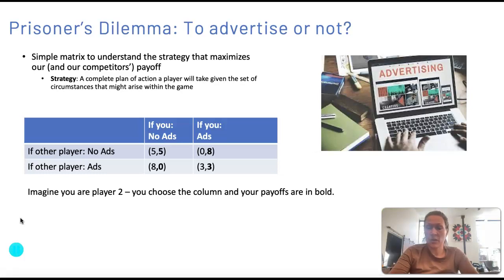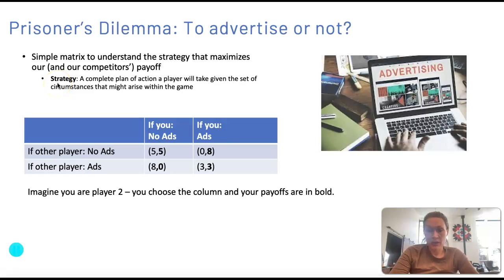You are the CEO of your company and you have to decide whether to advertise or not. These are your payoffs in dollars, or you can say thousands of dollars or millions of dollars, based on your decision to advertise or not. Obviously, it costs you some money to advertise, but you gain new customers and new business by advertising. So we're going to use this matrix to understand what our optimal strategy is.